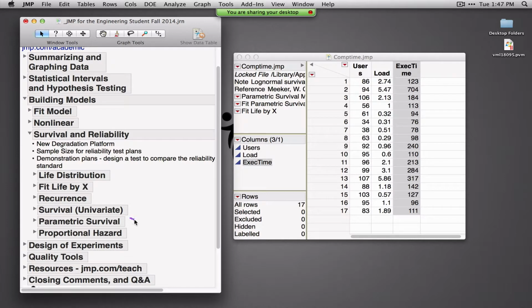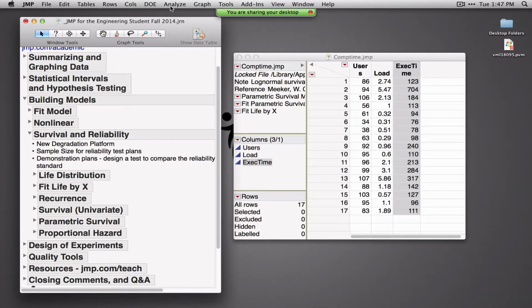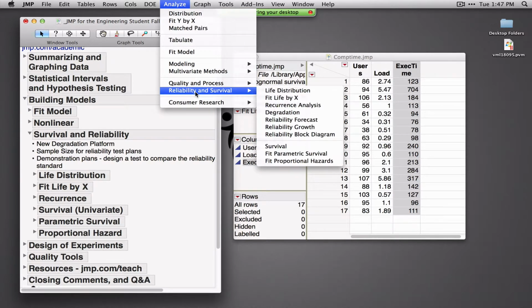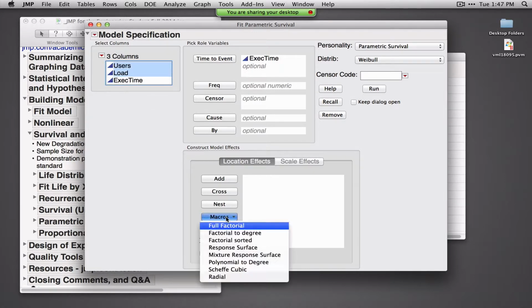There are two different types of models that I can build here, parametric survival and proportional hazard. And the proportional hazard is using the Cox method. This is the non-parametric approach. So I'll use reliability and survival, and then parametric survival. Time to event is time to execute. And I'll fit a full model here with users, load,